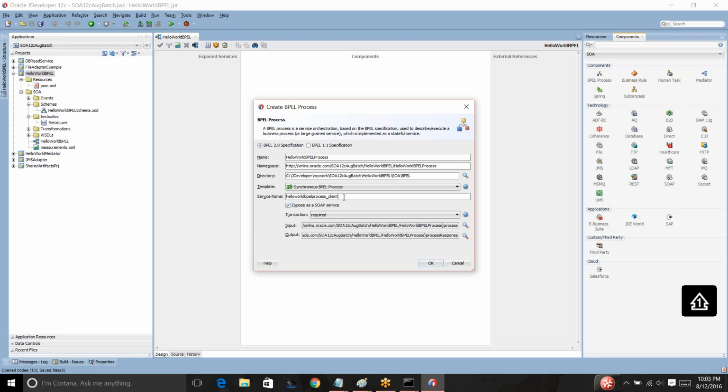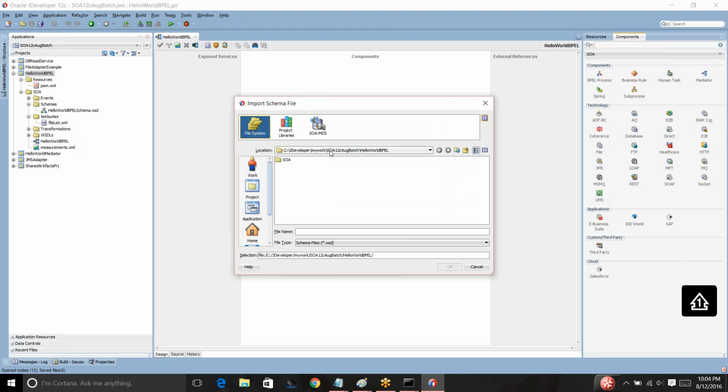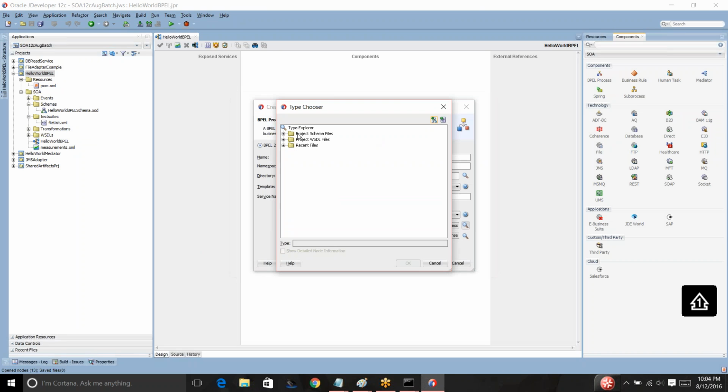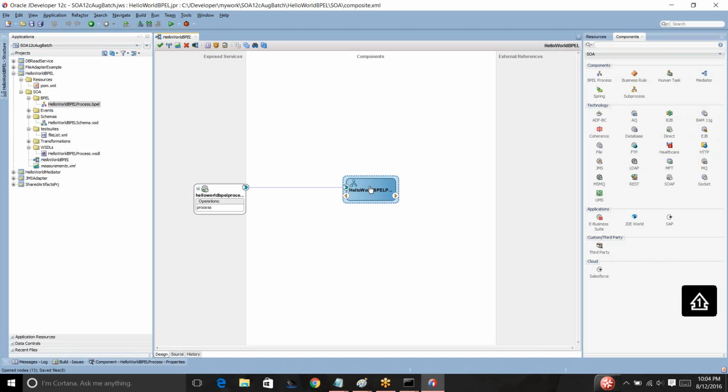Okay, what should be the name? Maybe you would have to give a proper name. For now you just leave it. What is the input? Your input is in the project schema files only, right? So select your input, and similarly select your output. I should name it properly, but it doesn't matter. And when you say okay, you get a BPEL process and